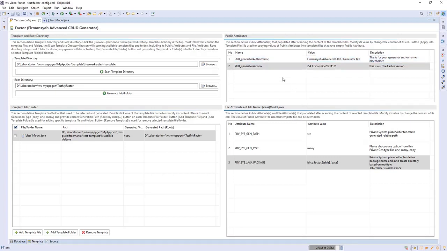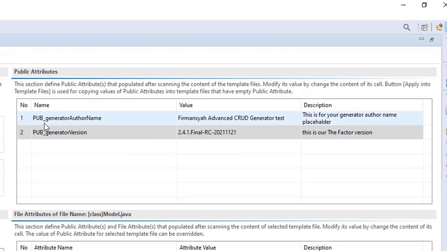So if you want to add an additional public attribute, or maybe edit the description, the only way to do that is to modify the template file. For example, in this class model we have two public attributes, pub underscore generator author name and pub underscore generator person.